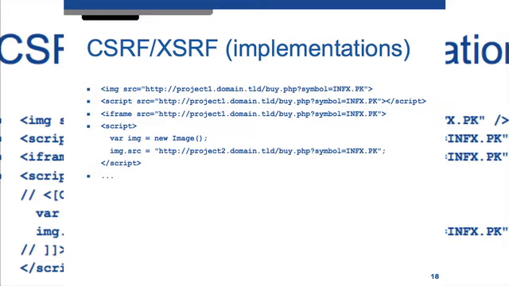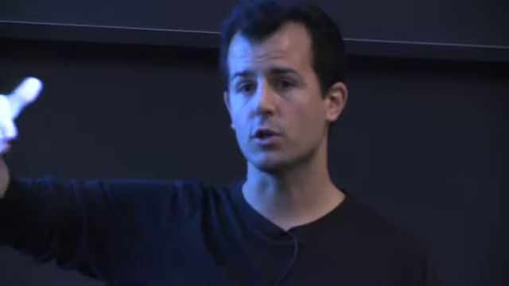And notice this is kind of weird in that I'm saying the image is the URL of the buy.php. But it's not a big deal if that doesn't actually return an image, right? It's going to return a broken icon or something like that, but who cares? I just tricked the user into buying the stock already. So realize that you don't even have to be overtly trying to trick the user into clicking a link. You can trick them into sending an HTTP request from their browser or their mail client just by hard-coding the URL. So now POST would help with these attacks in particular, but not in the case of a browser supporting JavaScript. So how can we really fix this then?